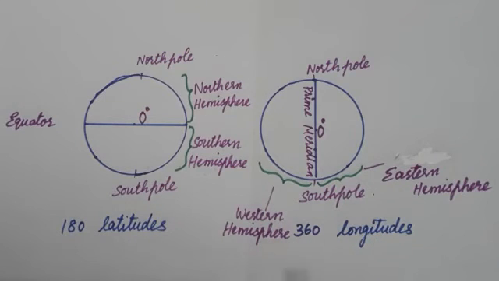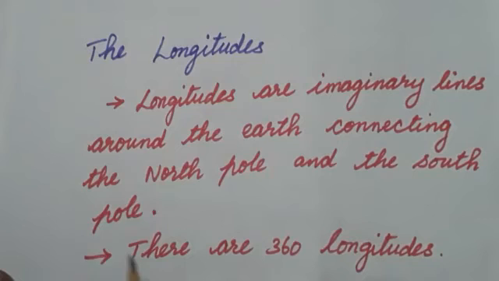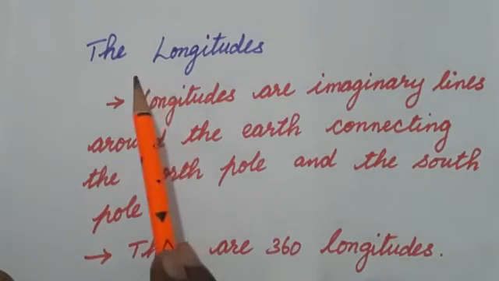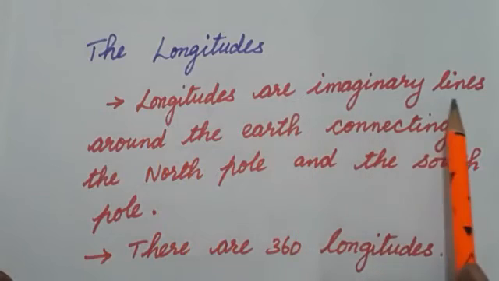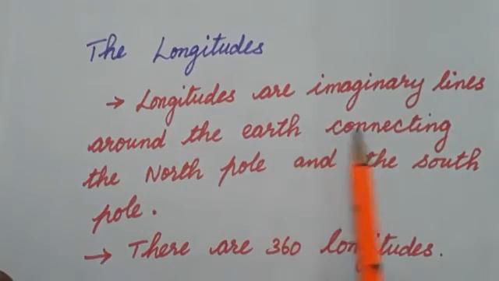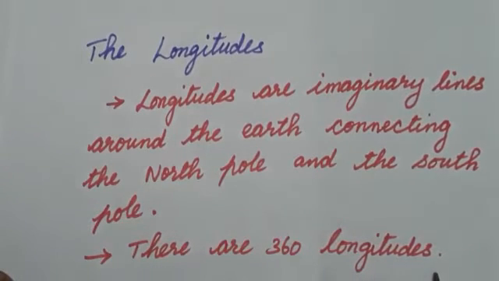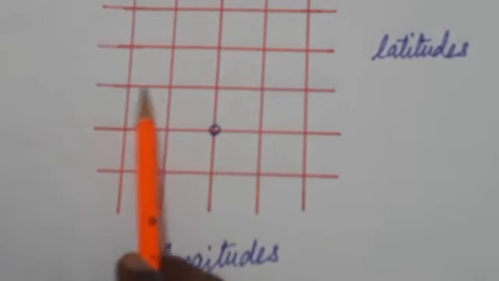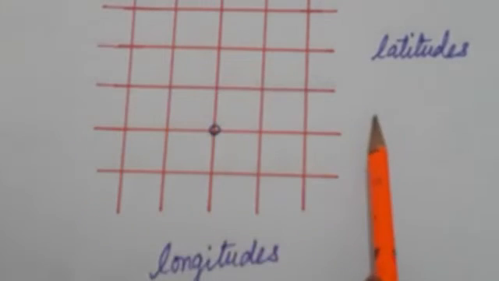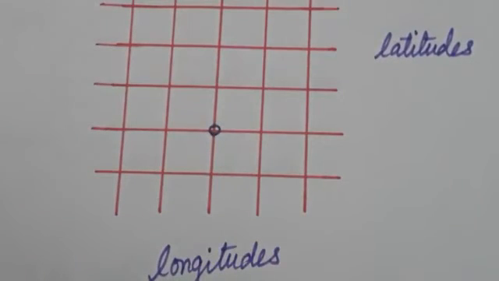Now we'll move on to the grid. Before going to the grid, we learn the definition of longitudes. Longitudes are imaginary lines around the earth connecting the North Pole and the South Pole. There are 360 longitudes. How many longitudes do we have? 360 longitudes. As you know already, the horizontal lines are called latitudes and the vertical lines are called